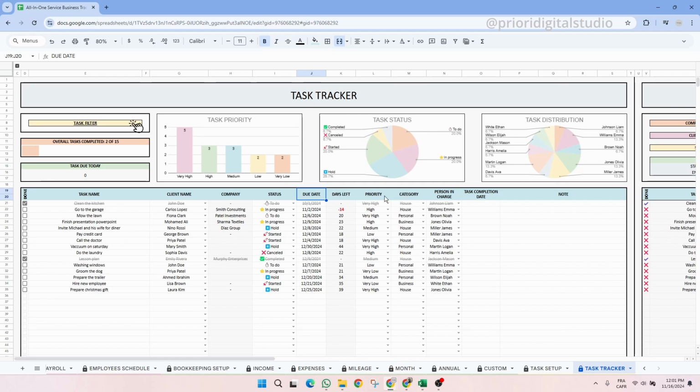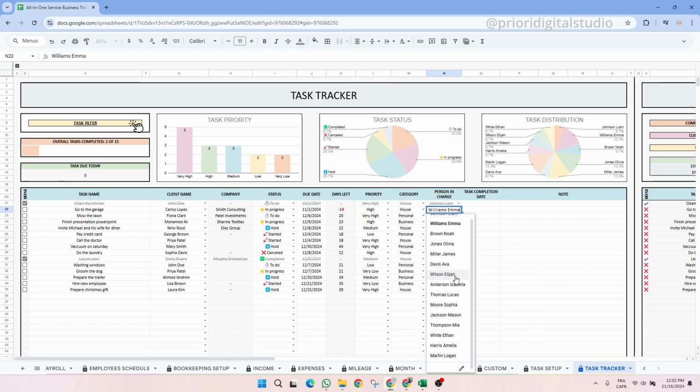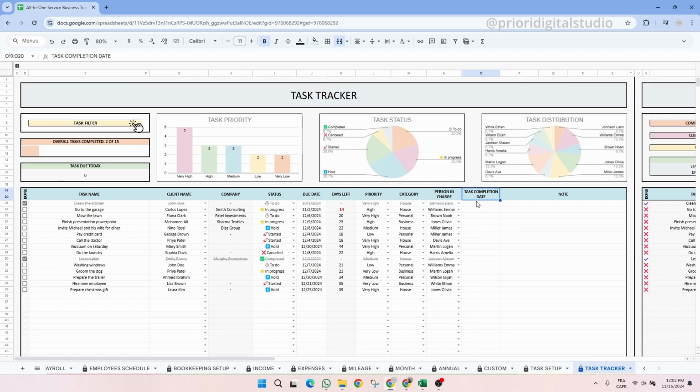The system automatically calculates the days left. Additionally, you can specify the priority, category, and the person in charge using the drop-down menu. The drop-down menu for the person in charge is taken from the Employee Database tab. There's also a designated area for the real completion date and for notes if needed. Upon completing a task, you can mark it by checking the checkbox on the left side of the table, resulting